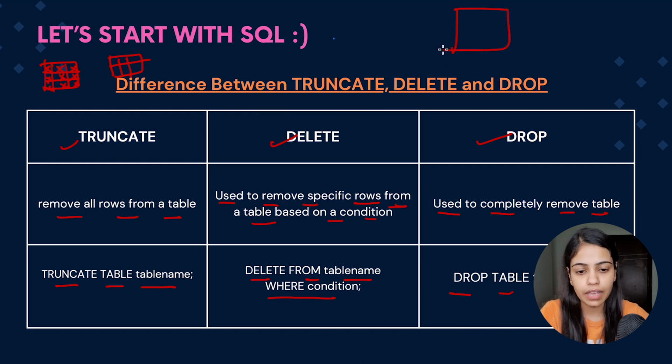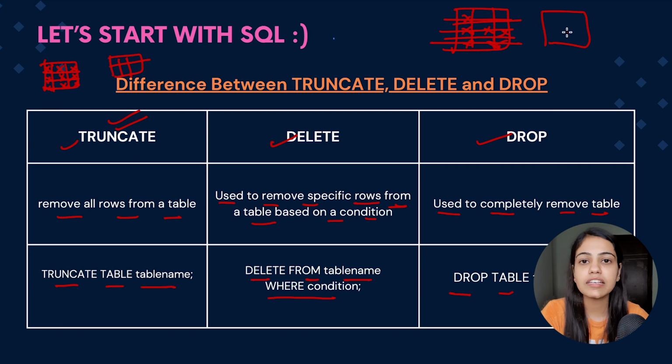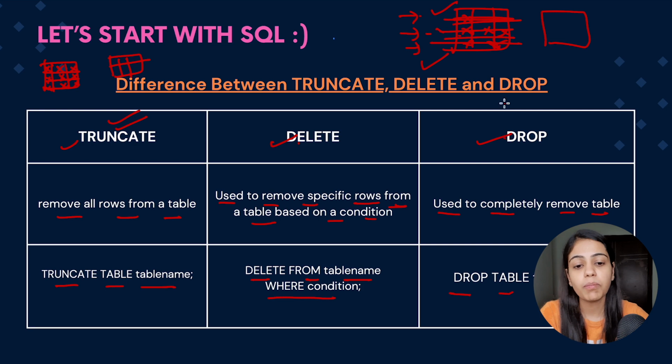So if this is a table employee, and we use the truncate command, it will go ahead and delete all the data which is present in this table, and it will delete all the rows in the table, but it will preserve the structure of the table. Basically the schema of the table would be preserved. If we use the delete command, it checks whether a particular row satisfies the condition. If this row satisfies the condition, it deletes it, but if this row doesn't satisfy the condition, it leaves it. So it deletes the rows based on a specified condition. The drop command entirely deletes the table. So it doesn't only delete the data which is present in the table, it entirely deletes the table.